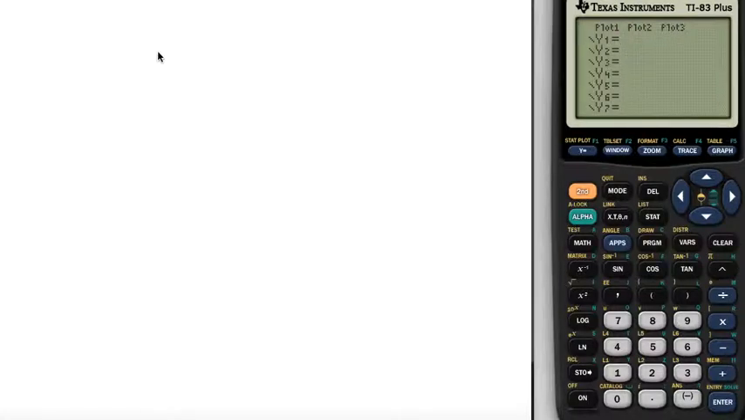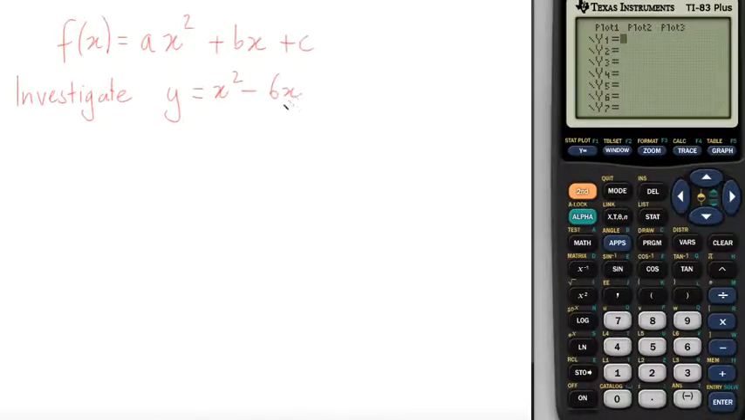Right, now we're going to use the graphical calculator to investigate quadratic functions, which are functions of the form f of x equals ax squared plus bx plus c. We're asked in this example to investigate the quadratic functions y equals x squared minus 6x and y equals minus 3x squared minus 6x minus 6, and